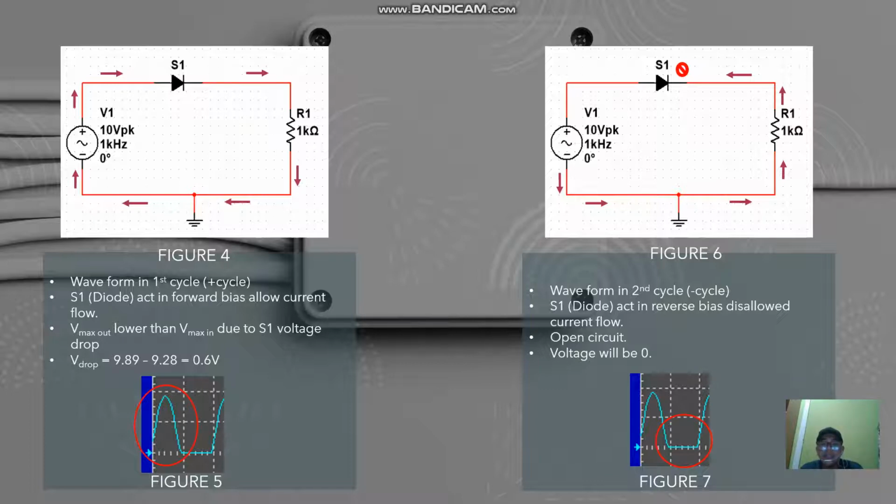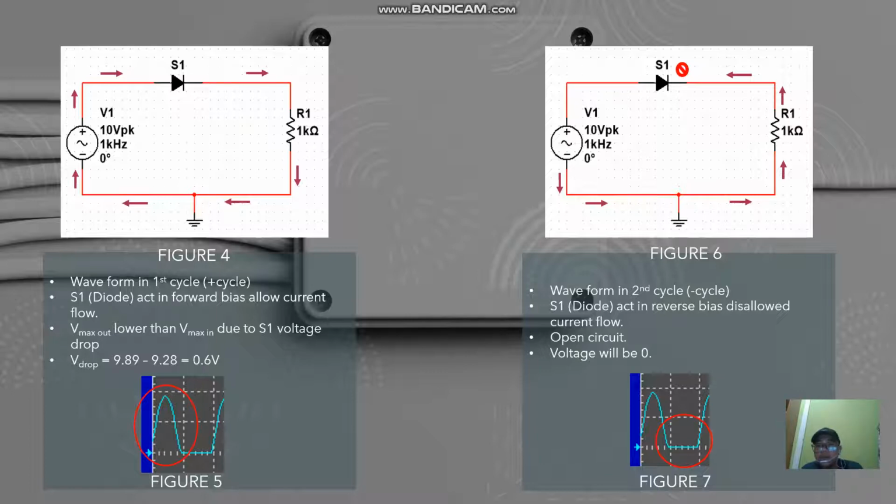So in this situation, our diode is actually functioning in forward bias, where it allows current to flow through it. Then our current will continue flowing until our resistor R1, which is our load, and finally ends up at the negative terminal of our V1. So here the connection is completed, and that's why we are able to produce voltage at our output, at our load, where as you can see in figure 5, for the positive cycle we are producing a waveform up until